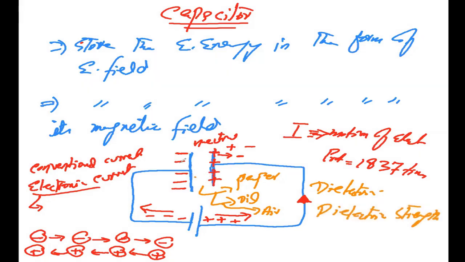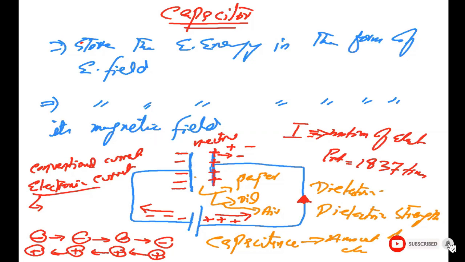The storage of charges is known as the capacitance. The amount of stored charges on the plates is known as the capacitance. Capacitance means the amount of charges, and you can increase the amount of charges on the plate if you increase this area. If you increase the area, then lots of charge will get stored. If you increase this area, you will get lots of charges over here. So if you increase the area, then the capacitance will get increased.